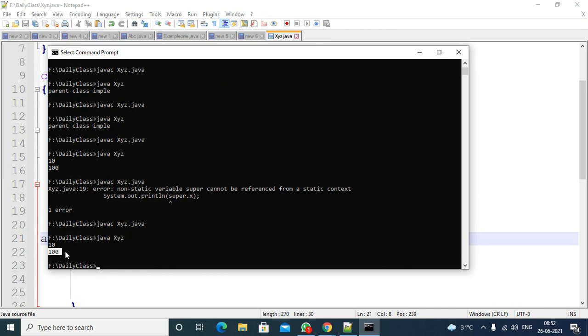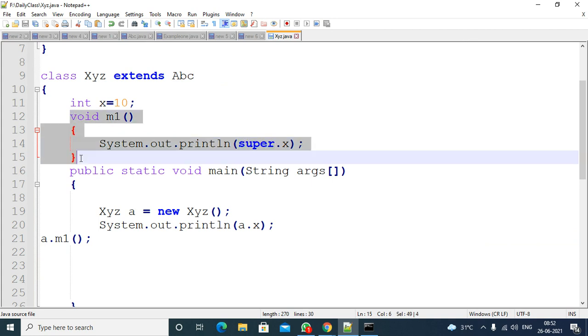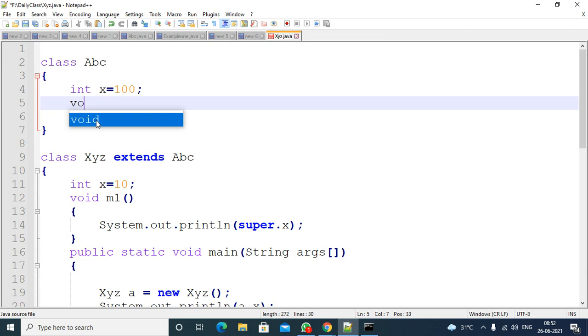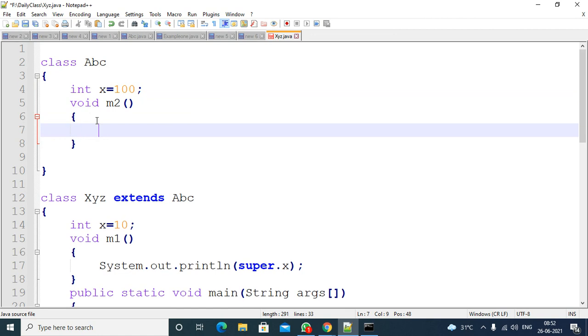So how are you calling the superclass variable? By using the super keyword. You must call the super keyword from an instance method, instance block or constructor only. Right. Suppose in the class there is a method void m2 method.